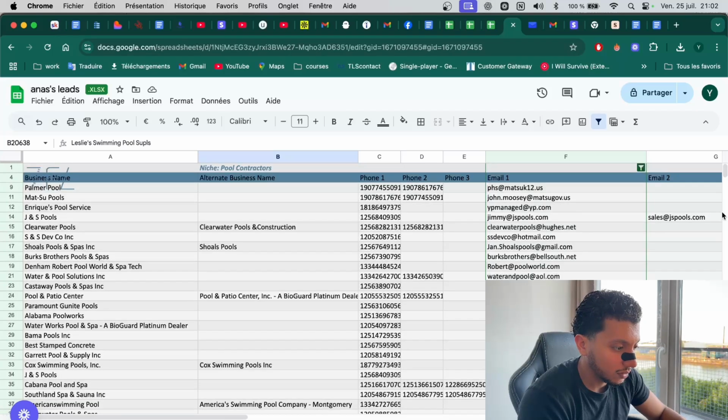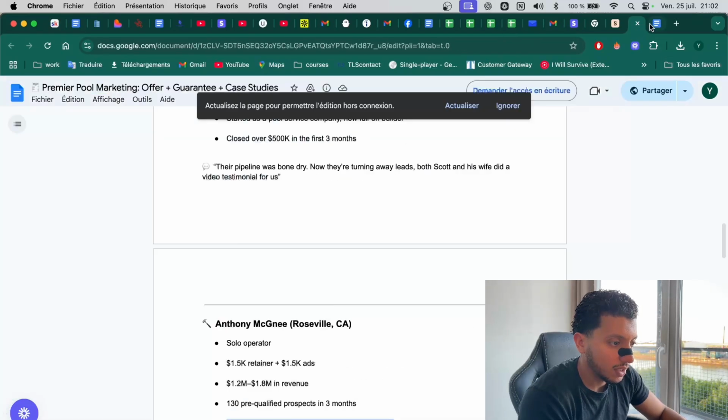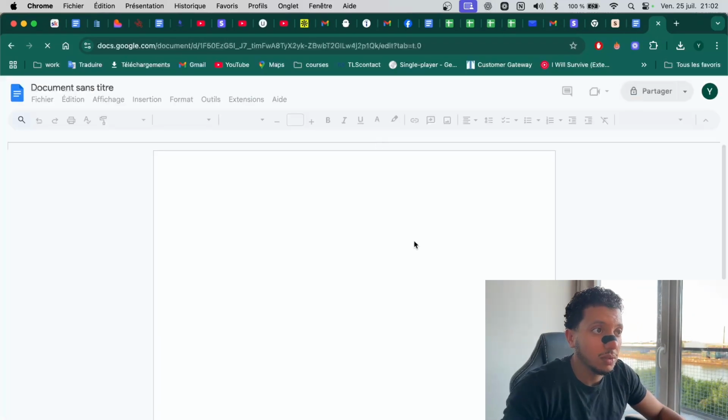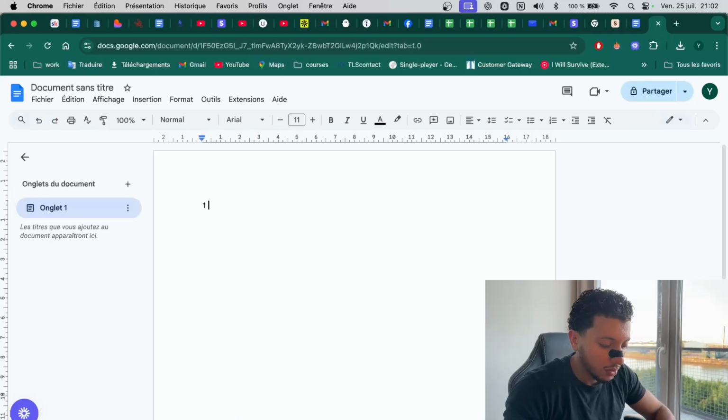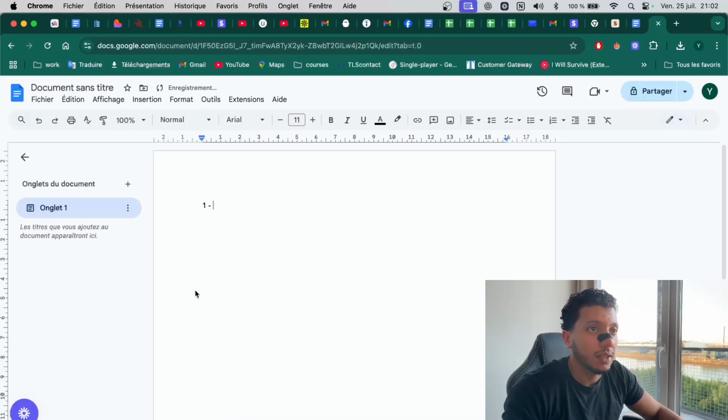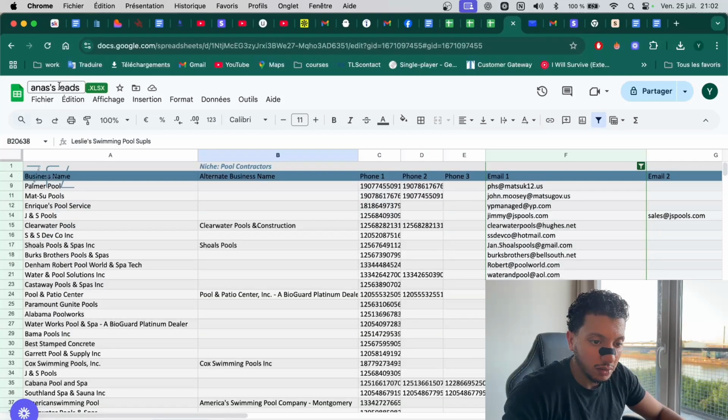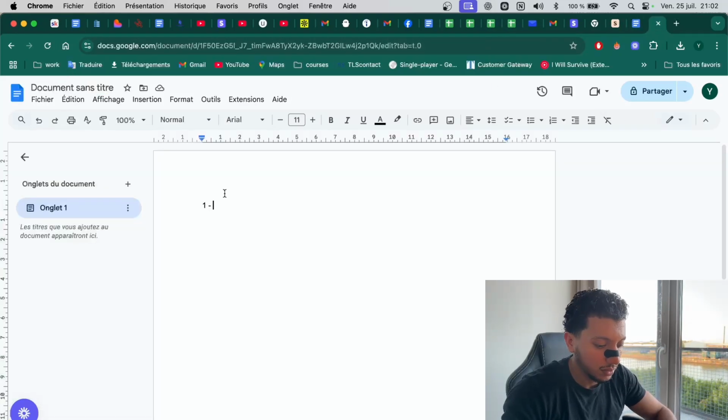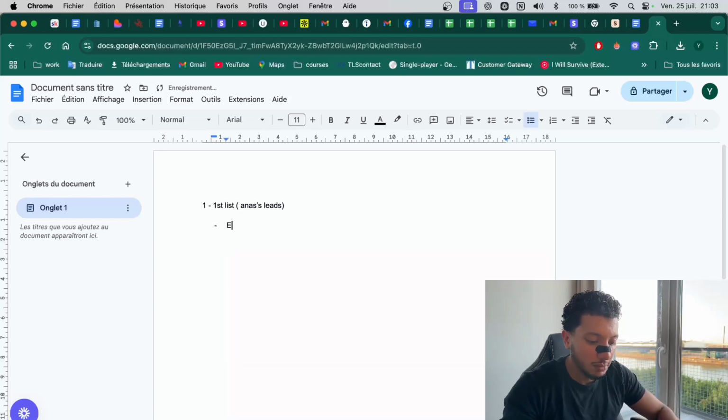So how we would do it is that I will take a new document. First list, Anas's leads. The first enrichment would be email verification.